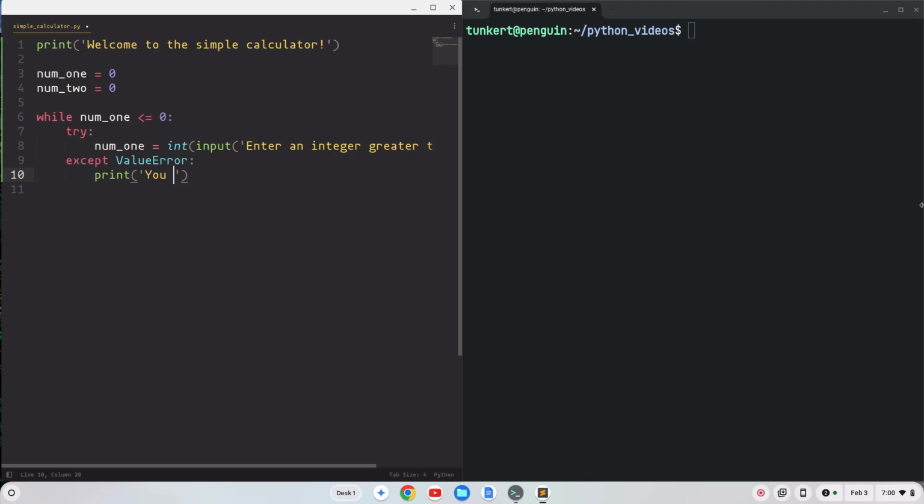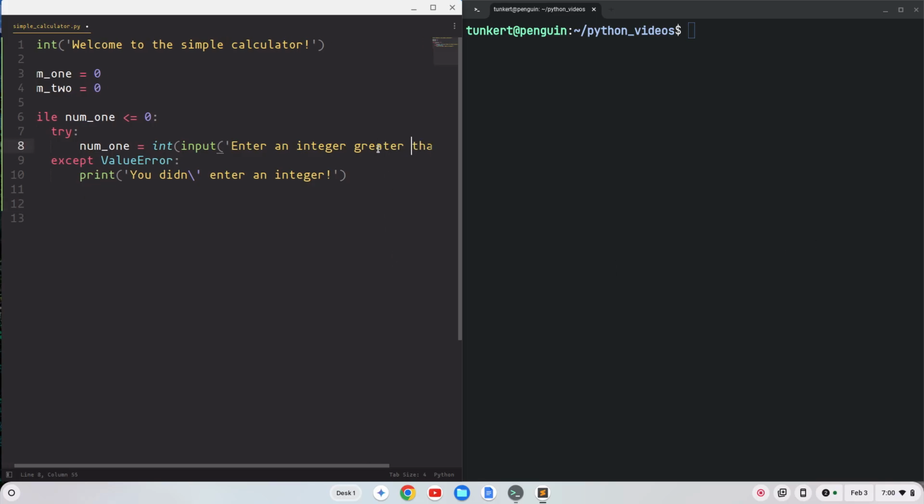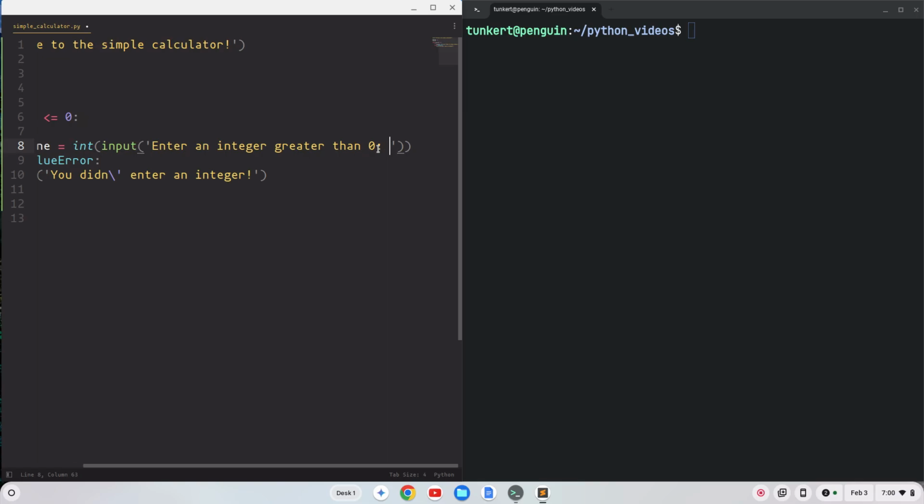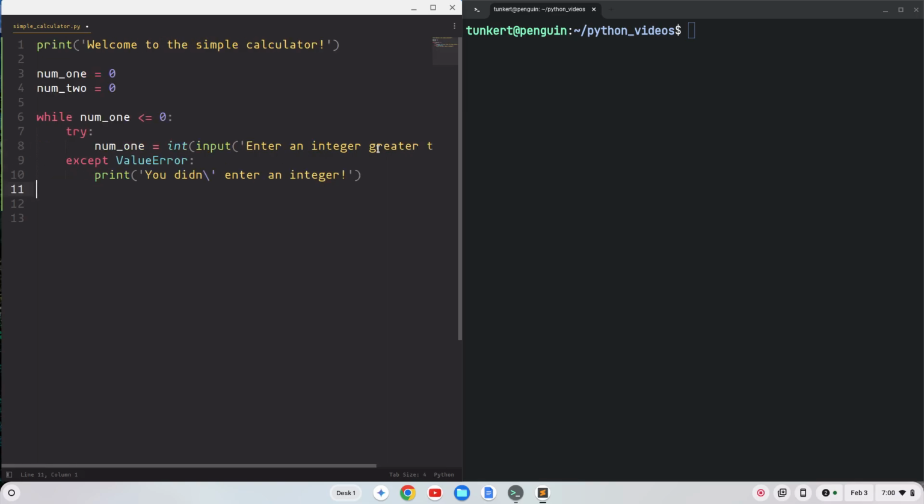How about put it that way? Let's make this a little bit more specific here. Oh, it says greater than 0. Okay, so we're good. All right, and then we'll do another while loop here for